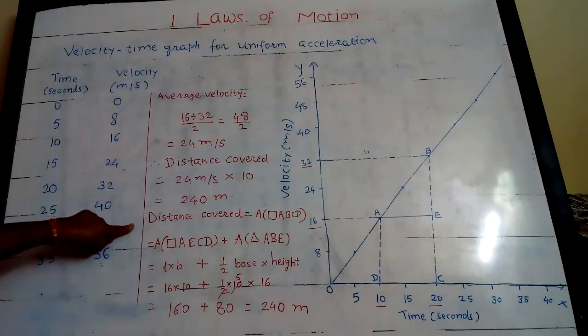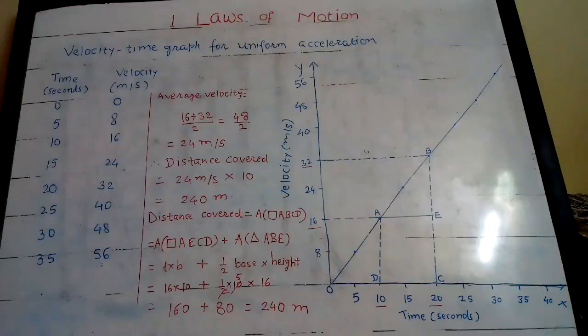Now there is one more method: distance covered can be calculated by the area of the quadrangle ABCD. You can see the points on the graph. The area of the quadrangle ABCD is the distance covered by the car. Yesterday we saw the example of the train. How much distance the train covered in that particular time interval of 2 hours, we studied yesterday. That was also the area of a rectangle. Here the quadrangle ABCD is there, and you have to calculate its area.